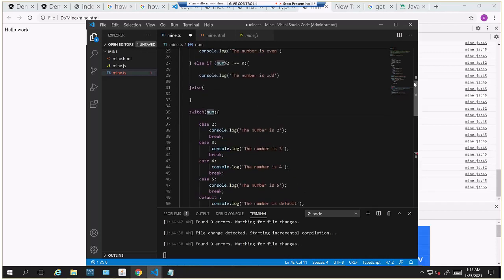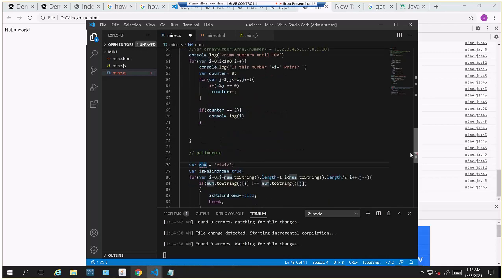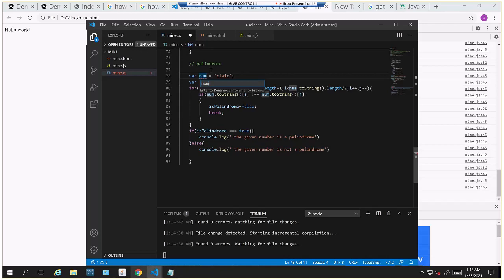So we have created lot with. So I'll change this variable to numVar or something, so that numVar. Here I'll change,